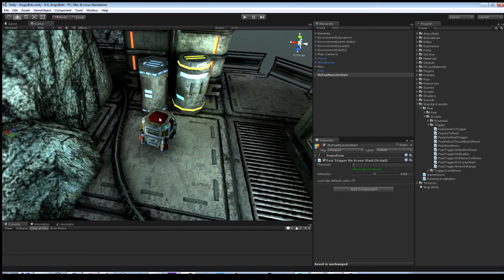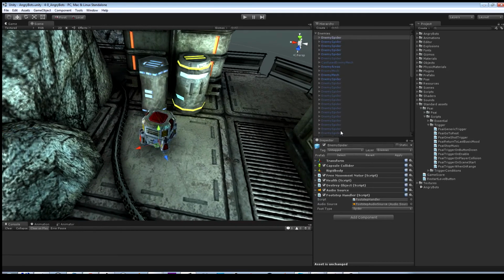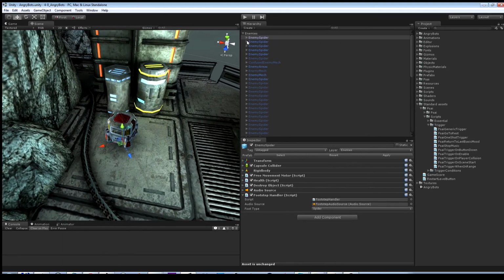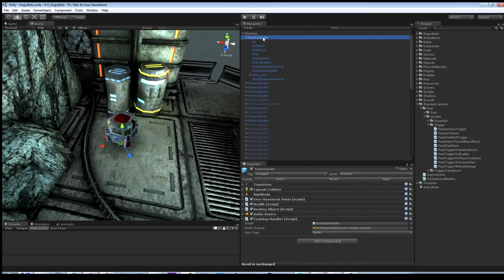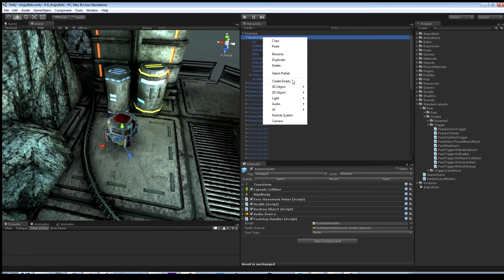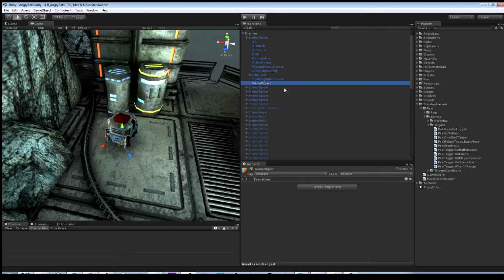The common ones are these little spider bots that will activate and close in on the player when spotted. So our first task will be to warn the player whenever she gets close to one of these bots. To achieve that, the first step is to select the bot, and I will create an empty game object as a child node again that will be responsible for that musical feature. Let's call it my battle music